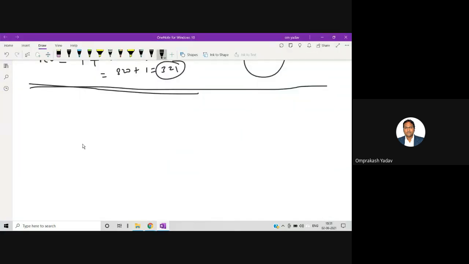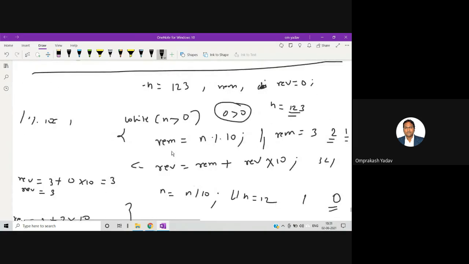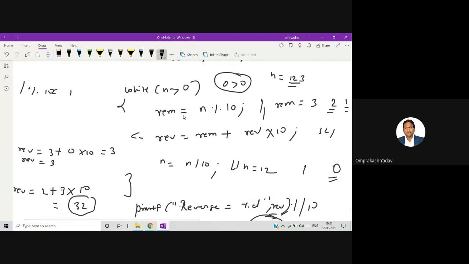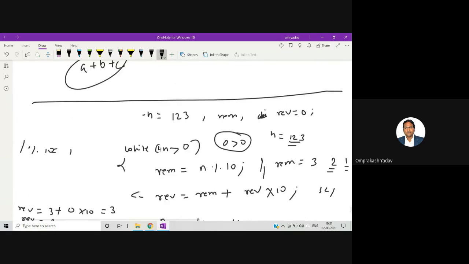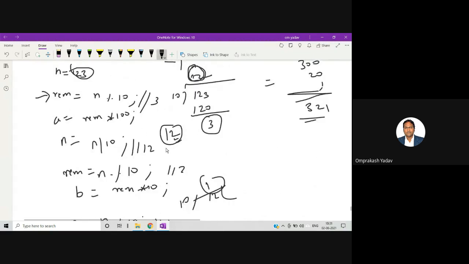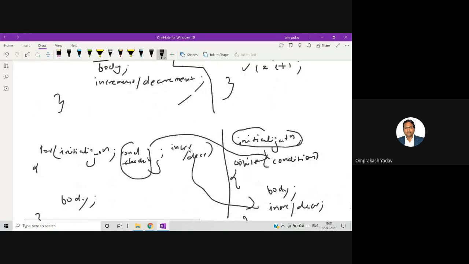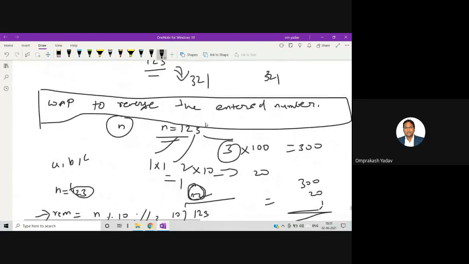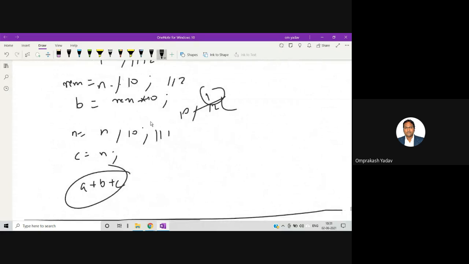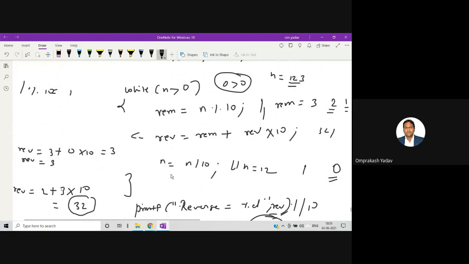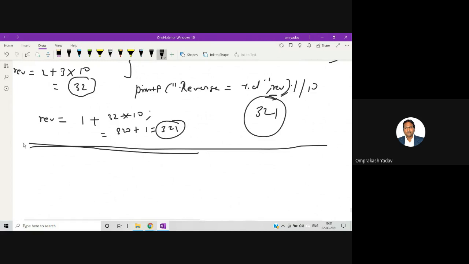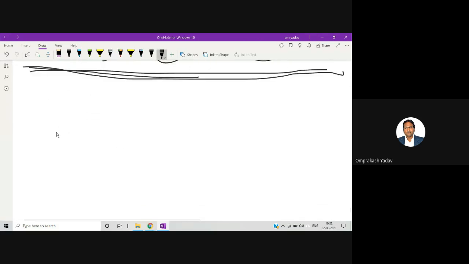Okay, so yesterday we saw two, three programs, right? Like we saw reversing of a number. I hope you must have practiced it. If anybody has any doubt in this reversing of a number, you can ask me. Then also we saw the different loops, right? And printing of odd even numbers, right? And printing of numbers from 1 to 100, like that. A few programs we saw. Today also we'll be seeing some examples, okay, which we'll be doing with the help of loops.